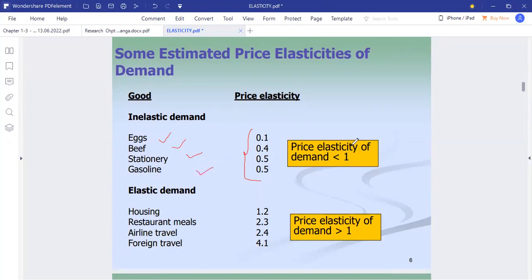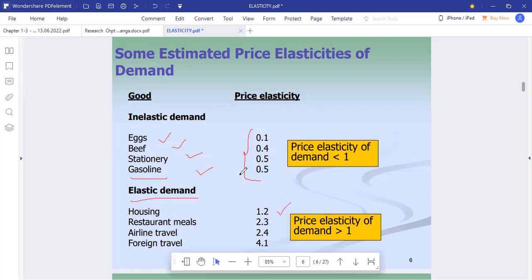So yeah, we'll just complain, but we'll still buy either way. So gasoline, this is not what fuel. It's just for the stoves, right? So these are things that are necessities, kind of. Then if you're dealing with things that are elastic, for instance, housing, if it becomes expensive, you